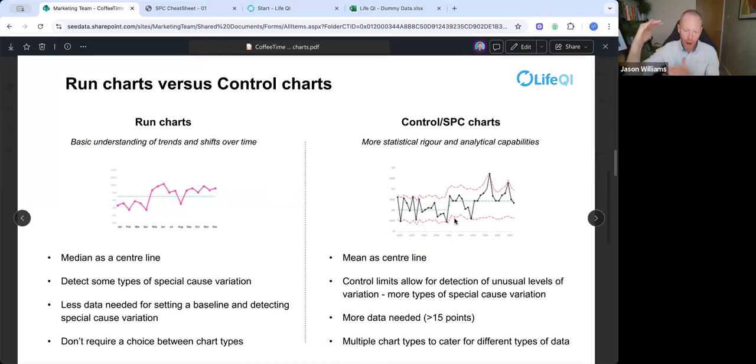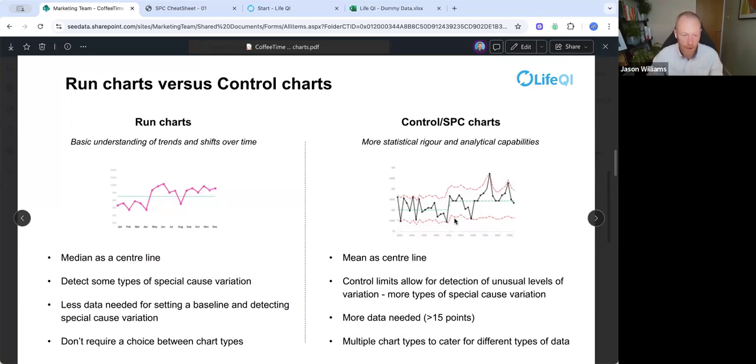They're setting upper and lower bounds or thresholds within which we expect to see the system perform. So it can use those boundaries essentially to detect whether certain types of variation are happening, i.e., do you go outside of those bounds, or is there certain types of variation within those boundaries? A control chart is able to detect different types of special cause variation because of that. So it's again a bit more sensitive to the data in that sense in terms of the type of variation